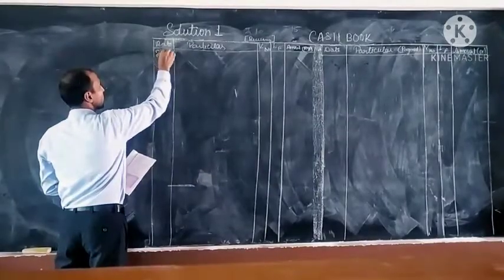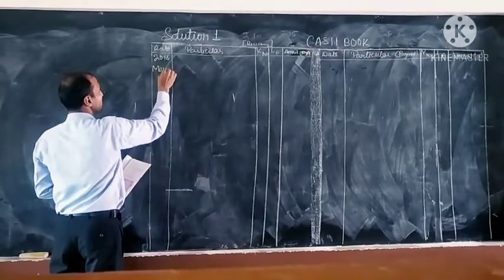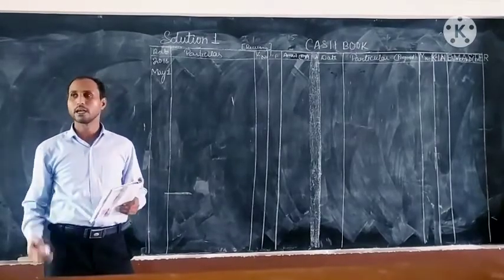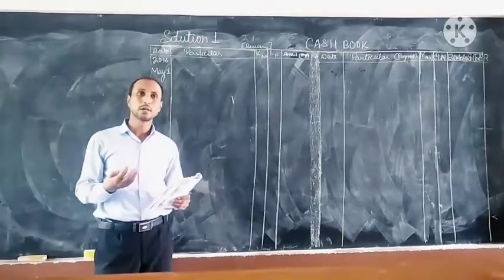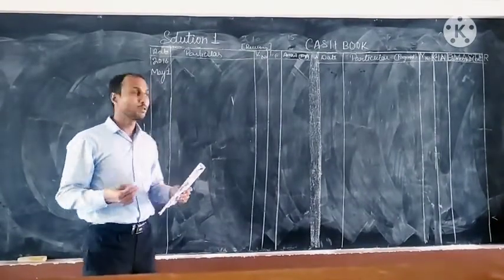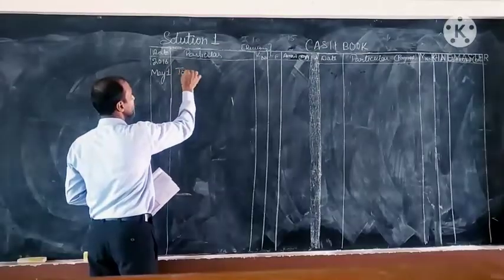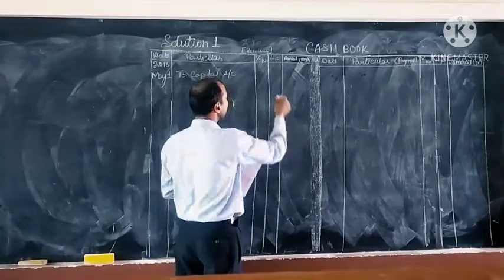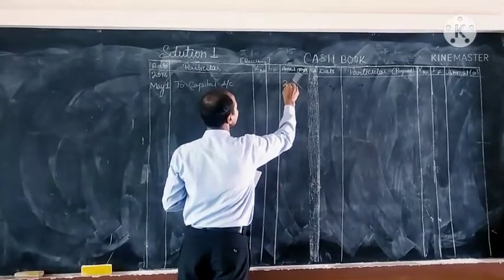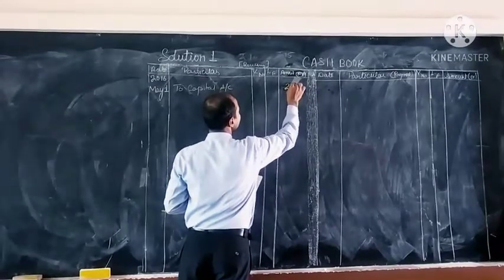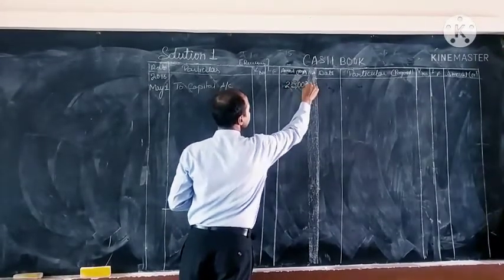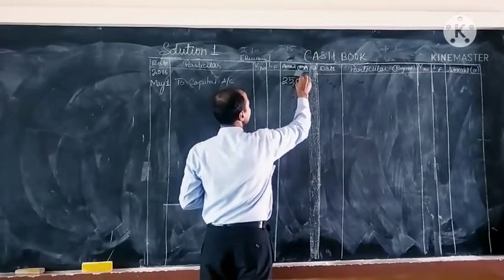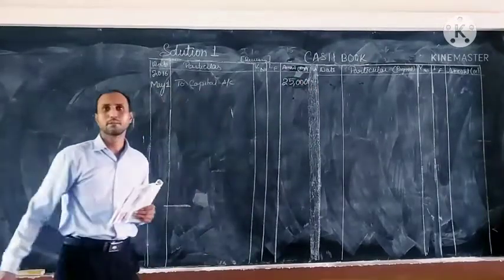Now the first entry we have here, 2016 May 1st. We have here commence business with cash. That is, the cash is coming to the business. And if we make the general entry, what will it be? Cash to capital. So cash to capital means here you have to write your capital account. And how much amount have we received here? 25,000. Are you able to see the last zero? I will write it again, 2, 5, 0, 0, 0. It is clear. 25,000 we have received.